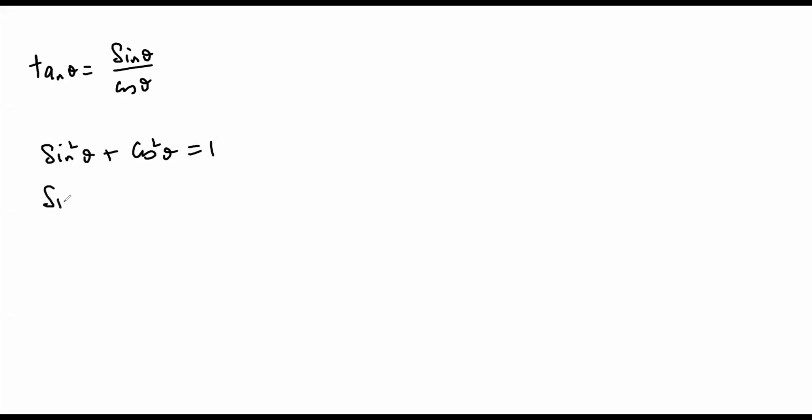And then from here, you have seen that sine square theta is 1 minus cos square theta, and cos square theta is 1 minus sine square theta. So these are the three identities that you have been using while solving the trigonometric equations and proving the trigonometric